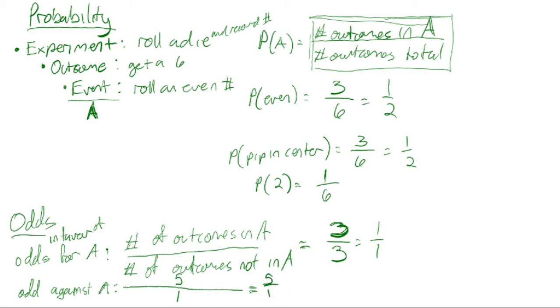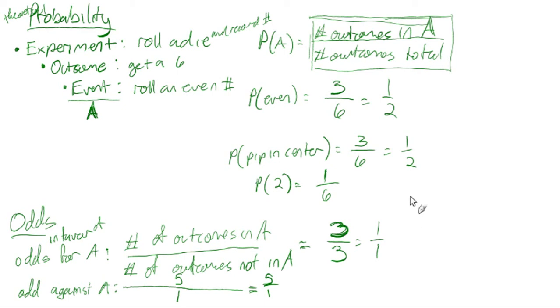That doesn't simplify at all. 5 to 1, right? When you hear about odds in a boxing match or a football game or anything like that, they'll talk about 5 to 1 odds, and they're really talking about the odds against that team or that horse or whatever. So if it's 5 to 1 and you bet and you win, then you get 5 times as much as you put in. So that's kind of the way that works. Okay, so this we should really qualify as theoretical